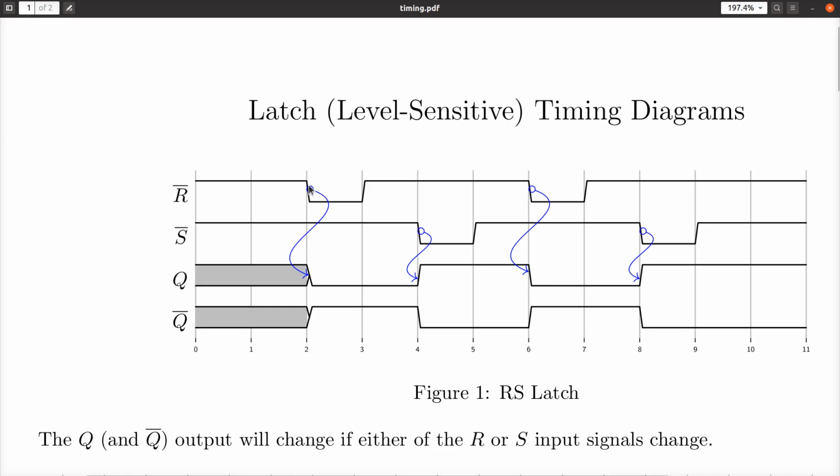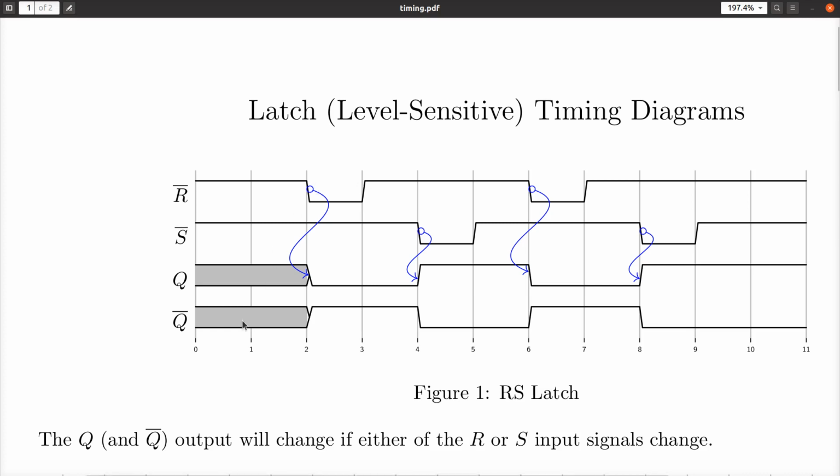So let's look at some of the terminology in here. Unknown, it's a gray area, right? This should be intuitively obvious, hopefully, just by looking at it, that we don't know what Q is in these two time windows, right? Time 0 and time 1. Both of these are unknown. However, once we know that R bar becomes 0,